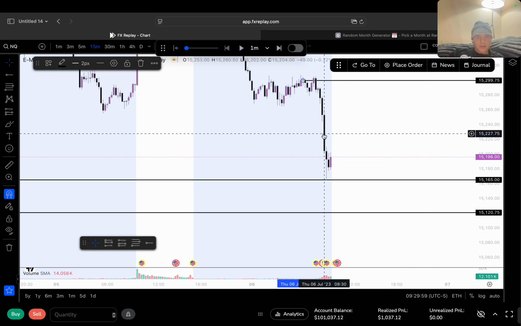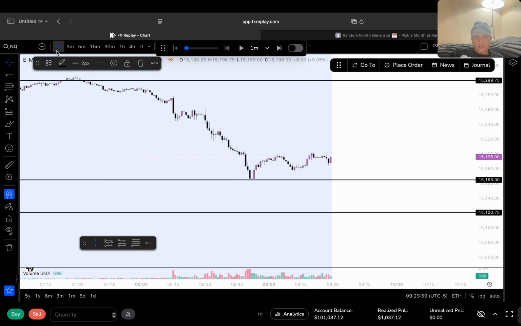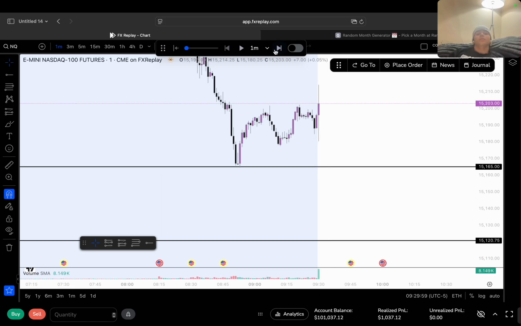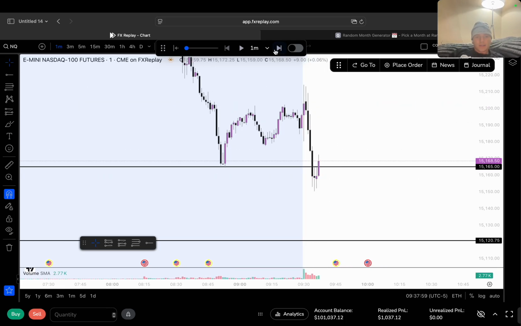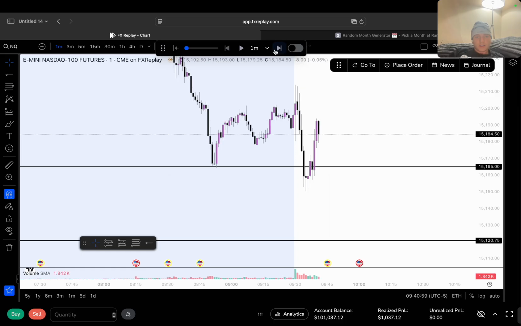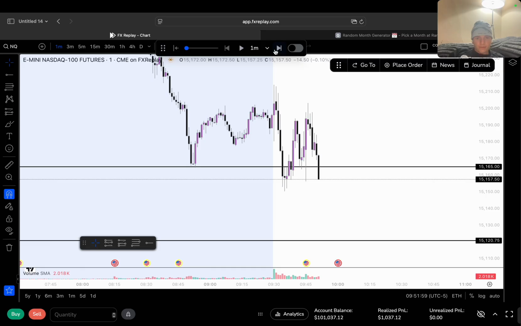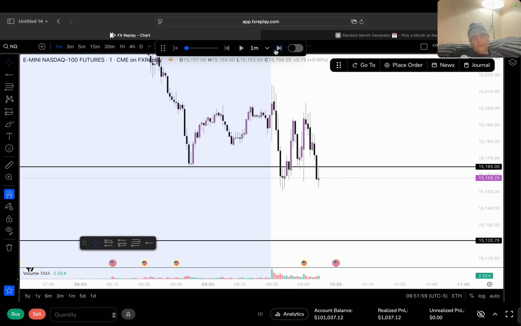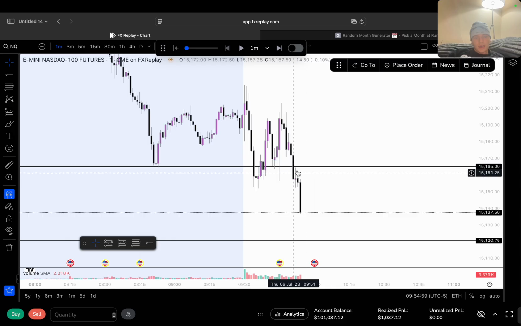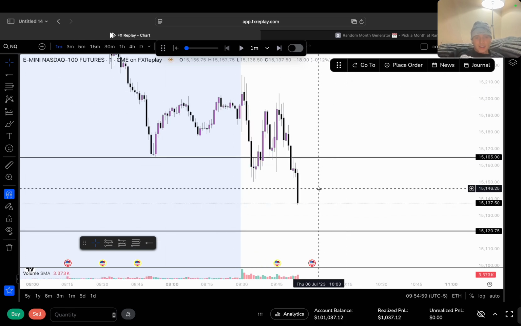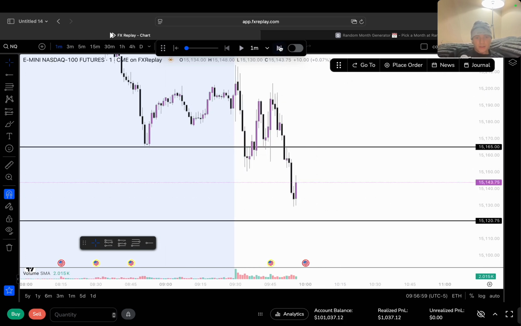Let's look at the 8:15. Yeah, so I'd only really be looking for shorts there. I would be open to looking at shorts down there, but if I can get a retrace here. I didn't. Oh, I probably should have entered there, to be honest. Looking at that 5 minute, that trade looks pretty valid, especially that 3 minute. If we can get a small retrace here, I'll enter, but if not.